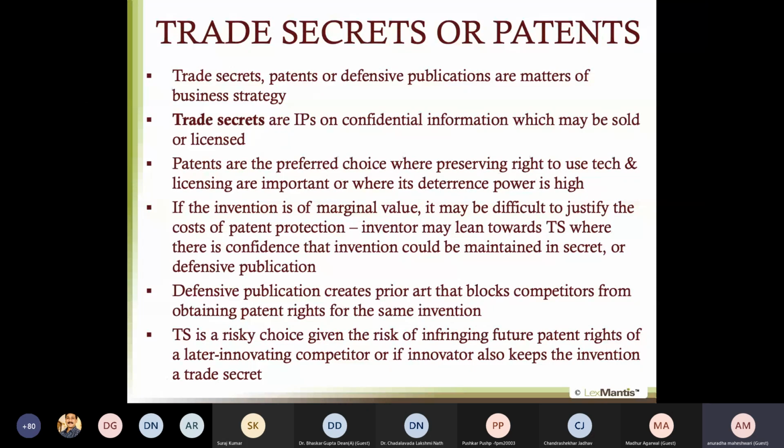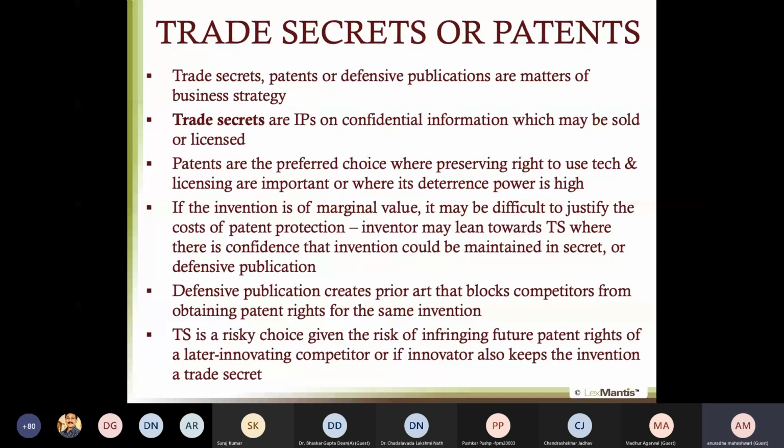But as I already mentioned to you, trade secrets are very risky. जब तक disclosure नहीं हुआ ठीक है, but once your disclosure is made, you have lost whatever edge you had in the marketplace. Also, depending upon the sector you are in, depending upon the R&D investment that has been made on the particular invention, depending upon what is riding on that invention, depending upon what is there to lose if the invention is lost, one has to consider so many factors before one decides whether to patent it or go